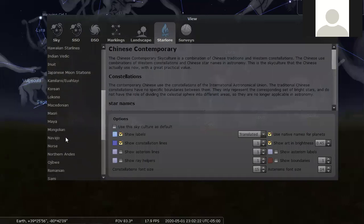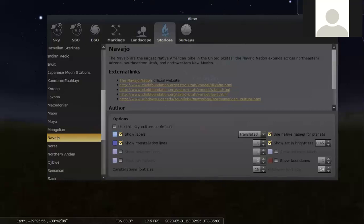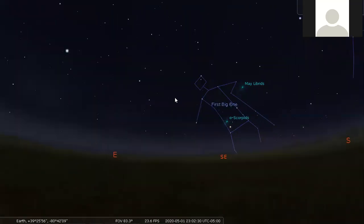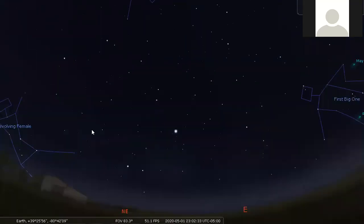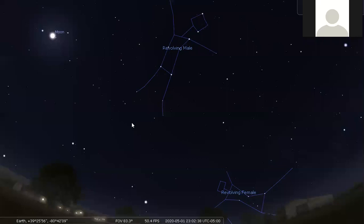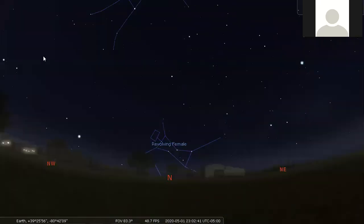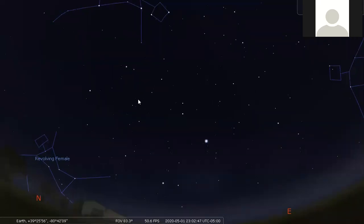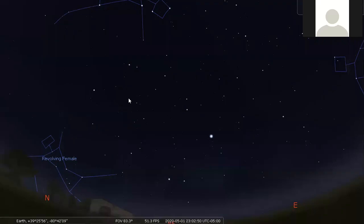Now, Native Americans had a very different view of the sky. So just taking a look around quickly, you'll see that there are not a lot of constellations, but the constellations that are outlined all relate to Native American culture and their stories. And so their entire spiritual belief relies on the stars and the stories that they shared with one another during councils. And so first, I'm going to just kind of read this